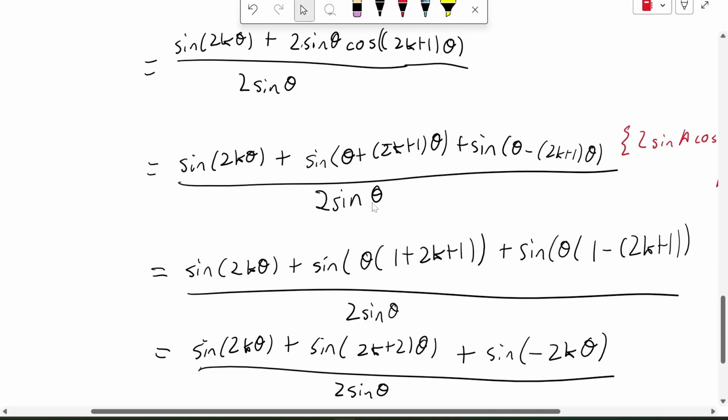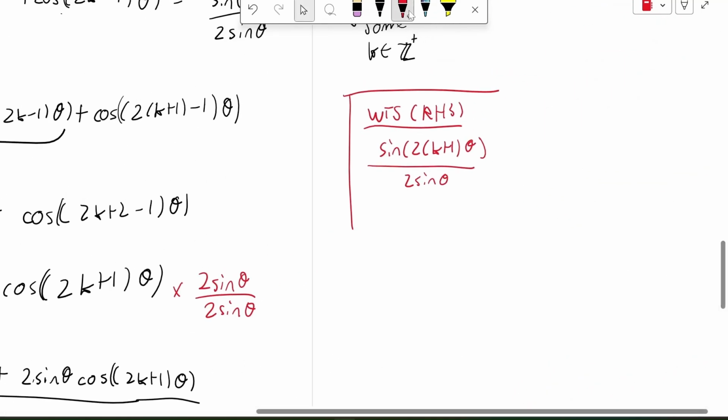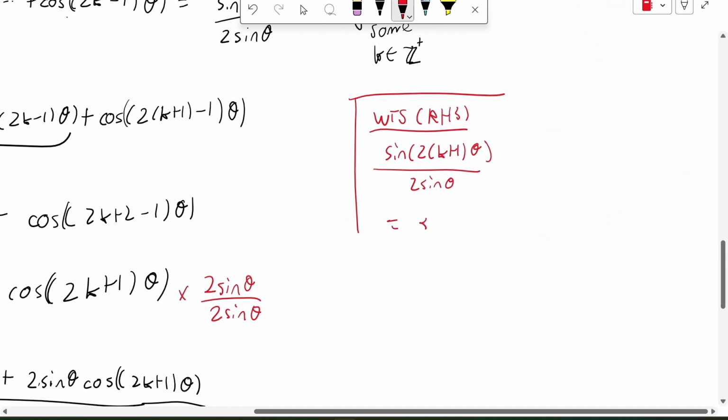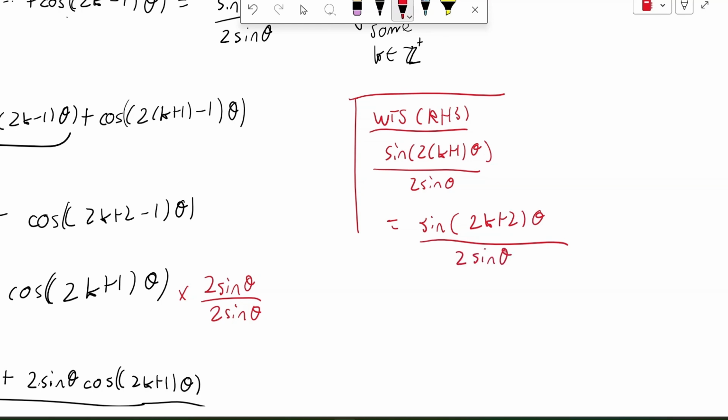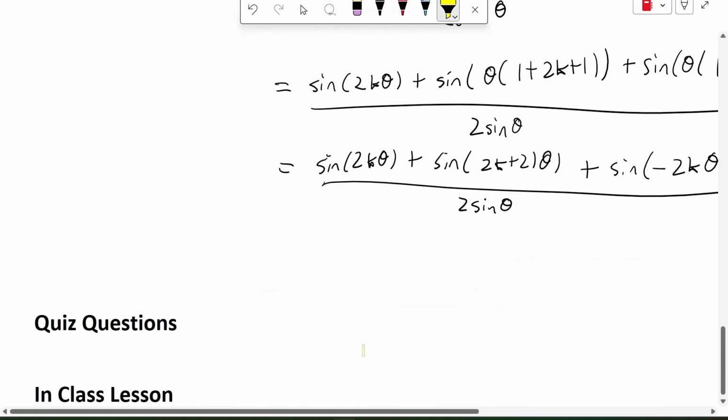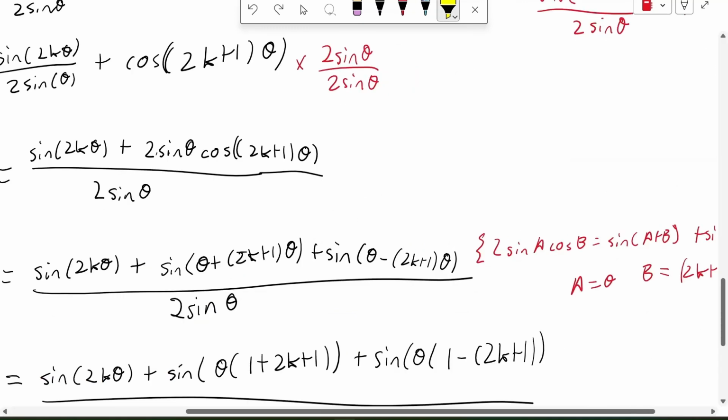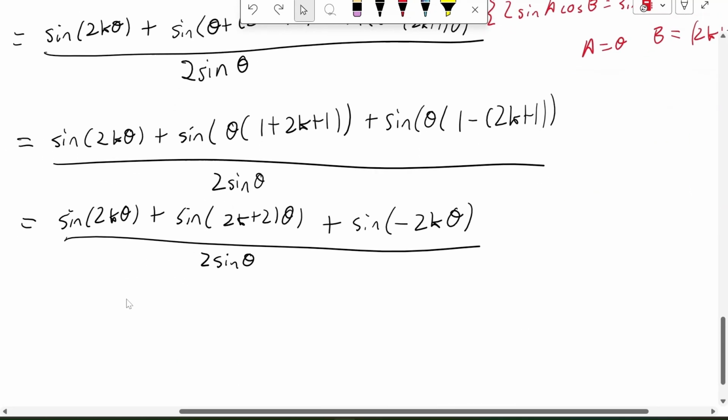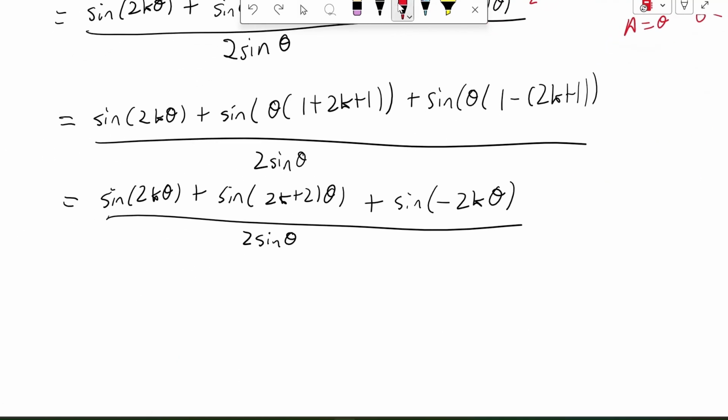All right, let's jump back to our want to show now. I'm going to expand that out just so we can compare a bit easier. So that is sine of 2k plus 2 theta over 2 sine theta. Now you might notice here that this want to show essentially matches our middle term. So if I could have just that stuff in yellow, I would have finished the proof. How do we get rid of the other stuff? So with these 2 terms here,